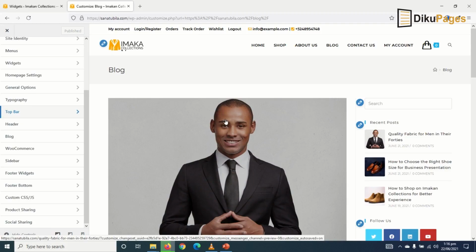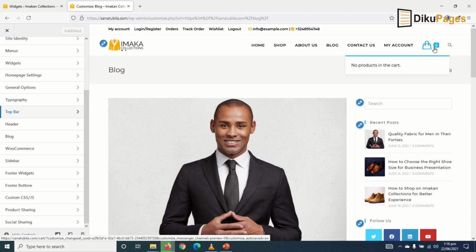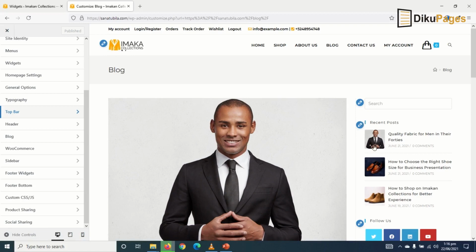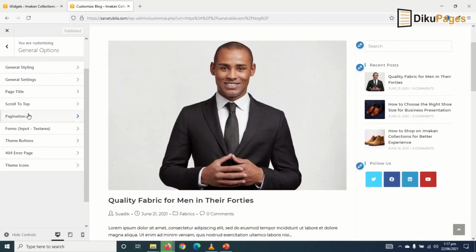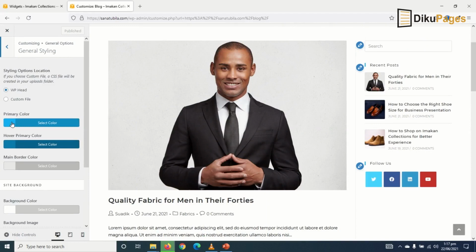Now let's do some final customizations. So first of all, I'll change the blue colors in here to my gold color. So in here you see the color right there. If you scroll down, you see it on the widgets. So to do that, I go to general options, then go to general styling, and the primary color,